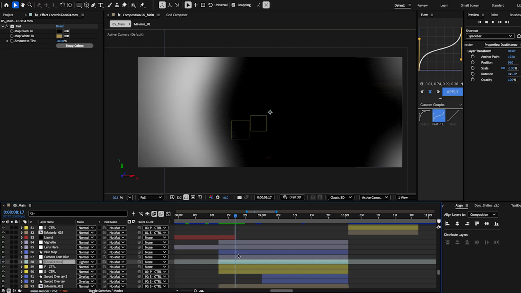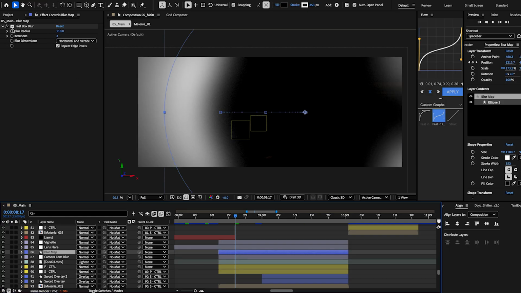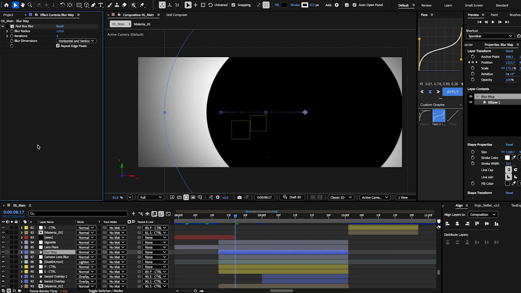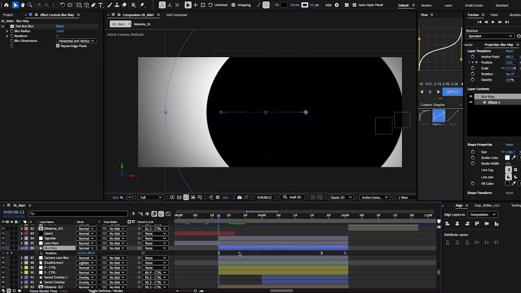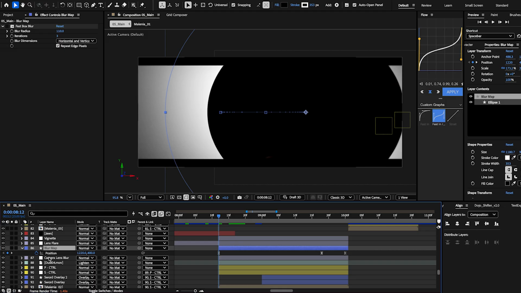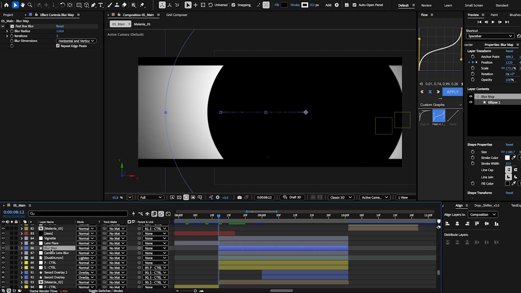Yes, this is what it looks like, and there's a fast box blur on it. I'll turn it off for now, just so we can see a bit better. But all it is is a circle or an ellipse with a black fill and a stroke that's huge, and all I did was scale it up. I don't know, yeah, there's some position keyframes on this. And what you do is, this basically works as a vignette. You could use vignette instead of this. But